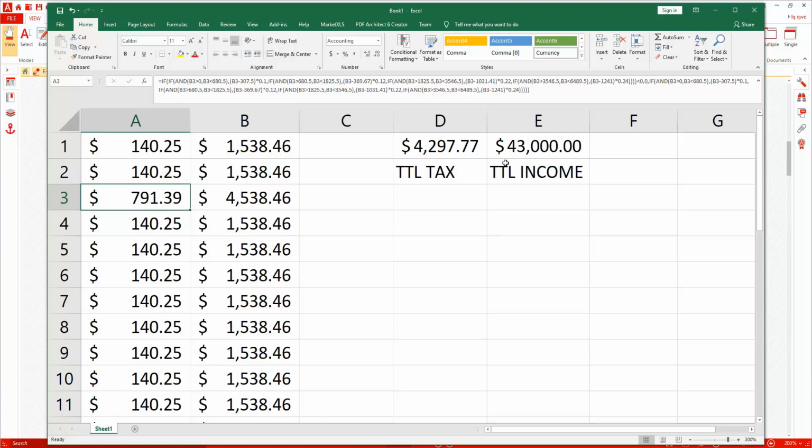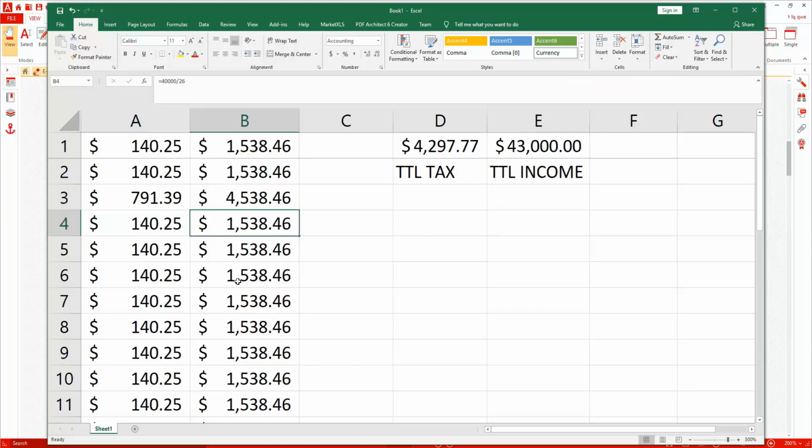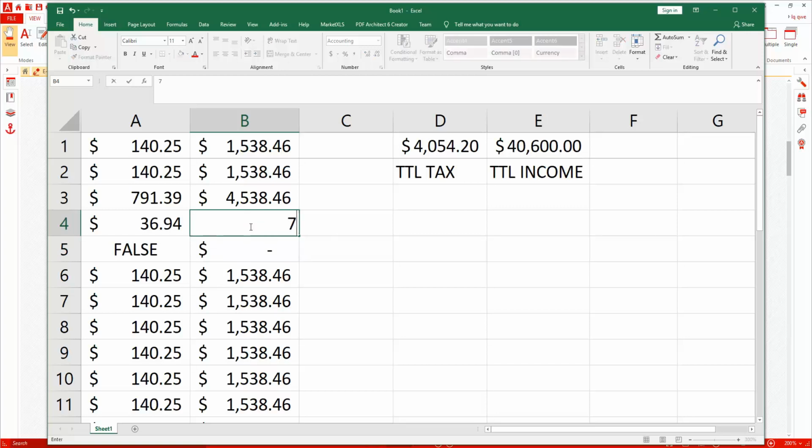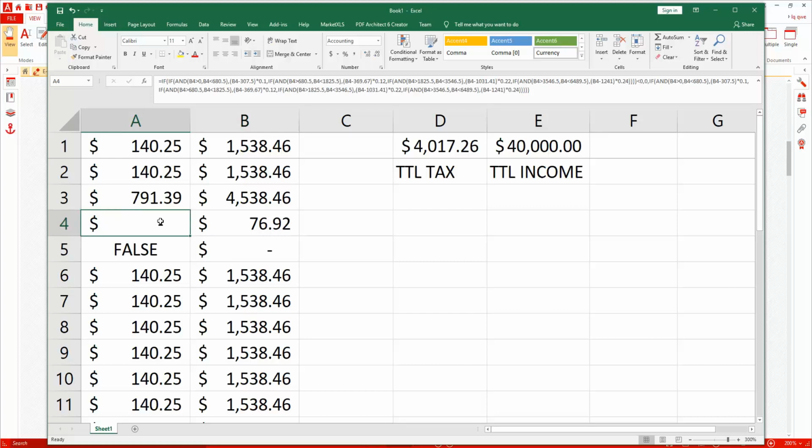Okay. Now, our total income is $43,000. We're going to make sure we keep that at $40,000. So let's just go in and take out a couple of these. And it'd be 676.92 roughly. Oh, that's not good. How did I do that? 76.92. Okay, what was I thinking? All right. Now, as you see here, with a $76 check, there won't be any federal withholding.